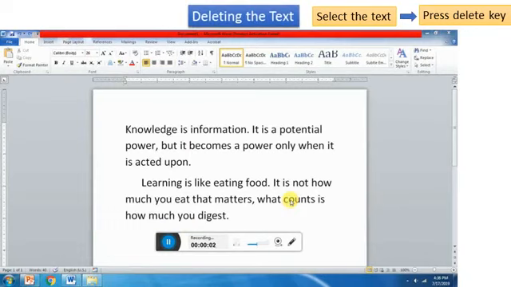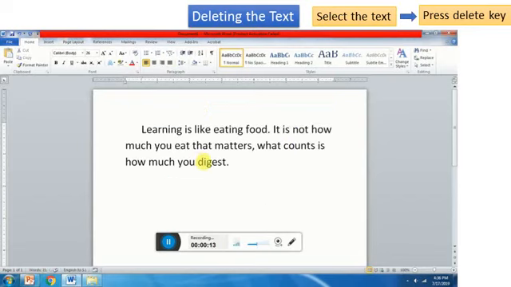Deleting the text. Word provides the facility to erase the text. To erase the text, you need to just select the text, press the delete key from the keyboard, and the selected text will get removed. You can also delete the text by using backspace key. It removes the character to the left of the cursor position. To delete the block of the text, select the text and then press either delete key or backspace key. Suppose you want to delete this and click on backspace. The particular sentence will start getting erased.